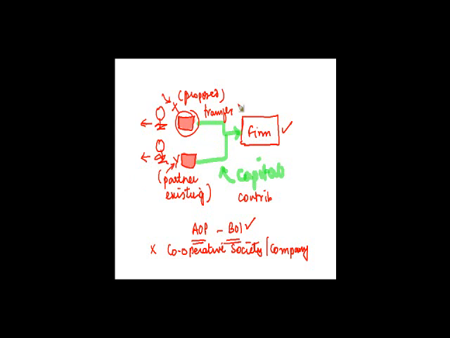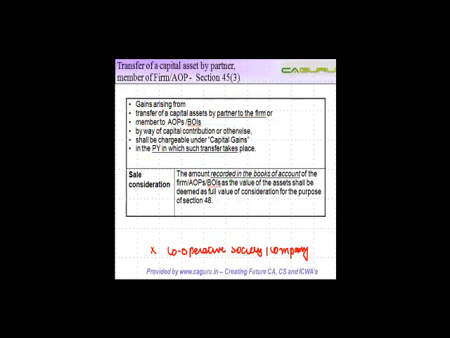In that case, there is a section, section 45(3), which provides how you will calculate the capital gains. So gains arising from, first thing is gains, there have to be some capital gains. If you are transferring it at a value where the sale consideration is treated as less than the cost of acquisition, then there is no taxation. What is sale consideration? We will just see. Gains arising from transfer of a capital asset, again it has to be a capital asset, by a partner to the firm. This partner can be current or proposed,